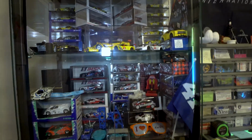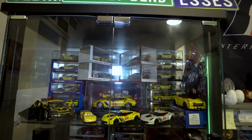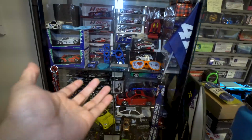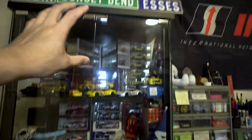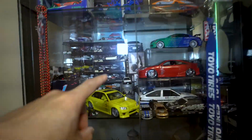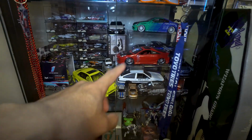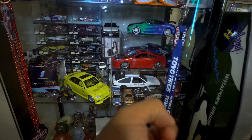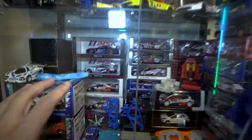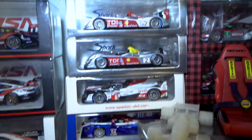Okay, so before I end the video, I wanted to showcase my display of Corvette memorabilia. This is my display case. I have a bunch of models. They have Formula One back there, and a couple other cars. These are cars I grew up with. Initial D, obviously, and all that. And in here I have more IMSA related. You can see the famous Audis, the Toyotas,